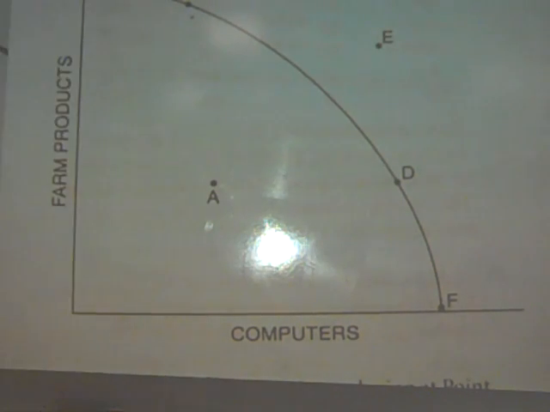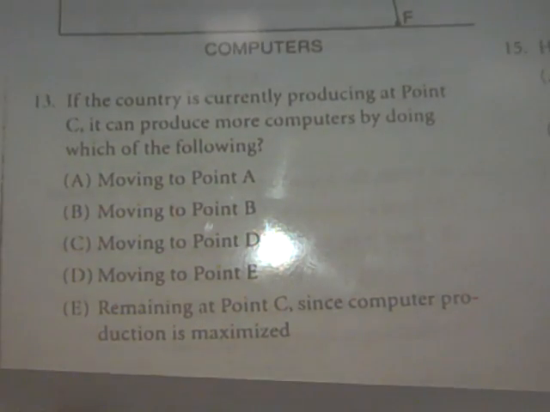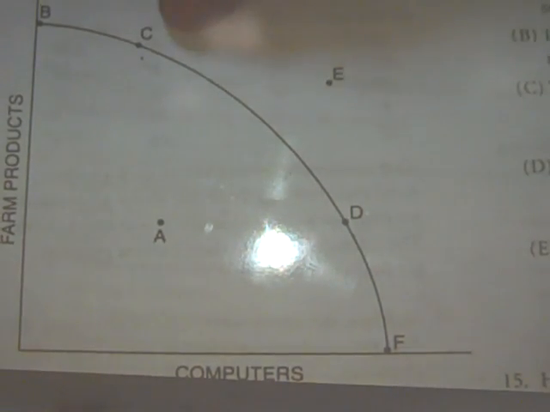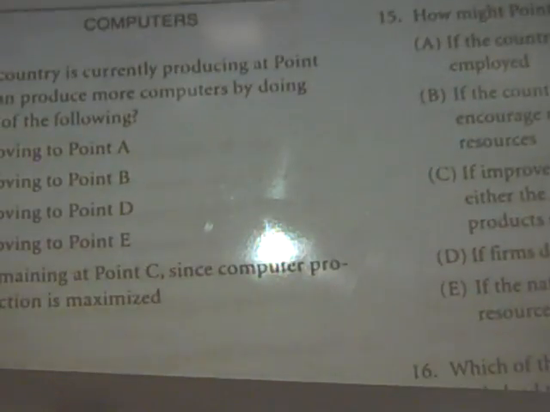All right? And then one more thing they're going to ask me about, I think, has to do with choosing capital goods rather than consumer goods, which helps me for the future, but not for the present. Let's see. If the country is currently producing at point C, which we look back up here, and that's this combination of lots of farm products. If you don't see that as lots of farm products, draw a dotted line over there and say, oh, that is a lot. And not very many computers. So they're producing at point C.